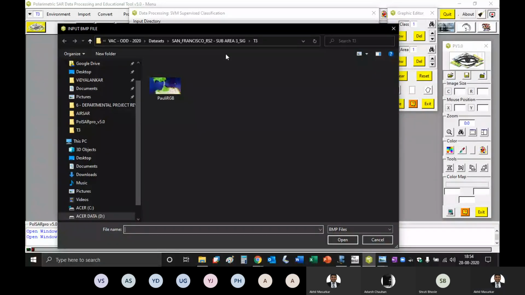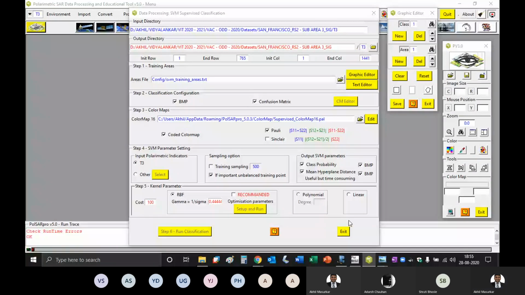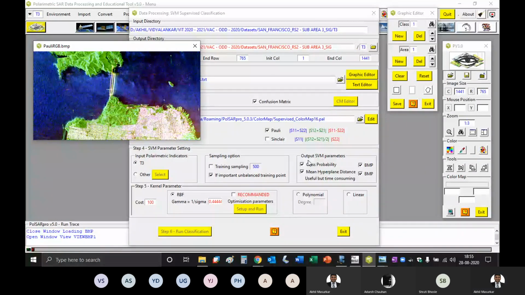Once you say open, please concentrate on these data paths. It is very important to check. So okay, good. We are still in the filtered directory only. So now I will open this poly RGB and say open. Okay, good. So now you can see here a poly RGB has opened. So on this particular image, now Pulsar Pro is asking us, tell me which are the classes, give me at least some sample, and then I will be able to classify this thing.